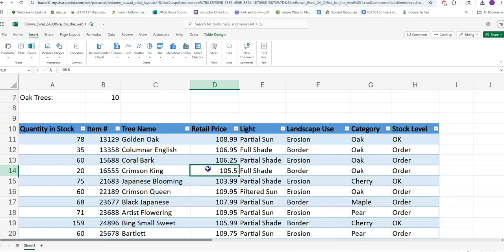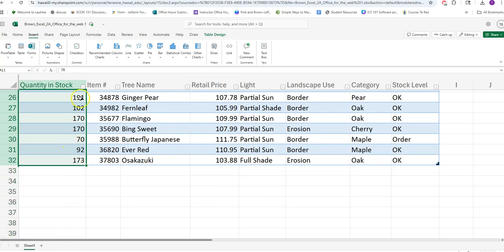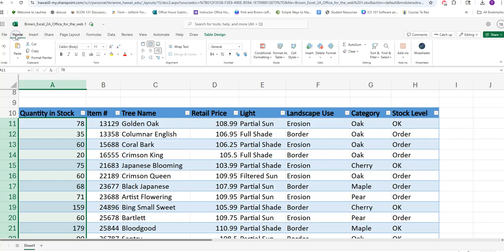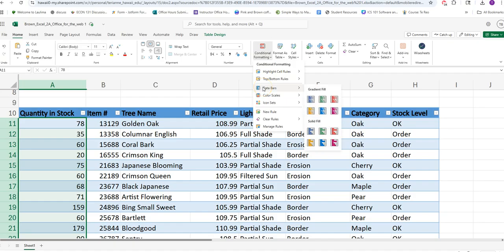And so let's take a look at step number 9 in our instructions. What we're going to do is to apply what's called a conditional formatting. And we're going to apply this to A11 down to A32. And what we're going to do is to go back up to our Home tab. And now in your Styles group, we're going to click on Conditional Formatting. From here, we're going to go down to data bars. And then under the gradient fill section, we need to select the orange data bar. And so I know it looks a little bit yellow, but just keep in mind that this one is red